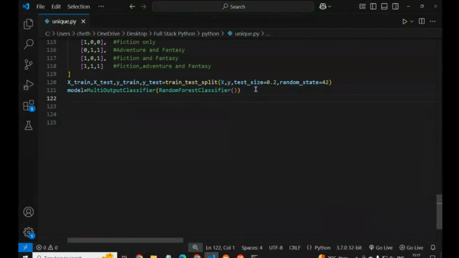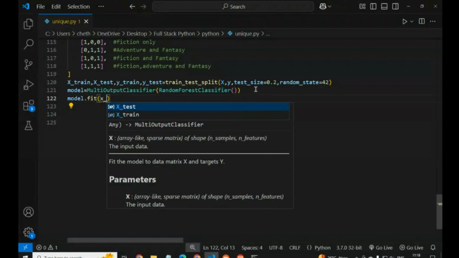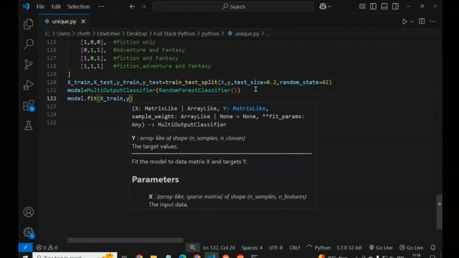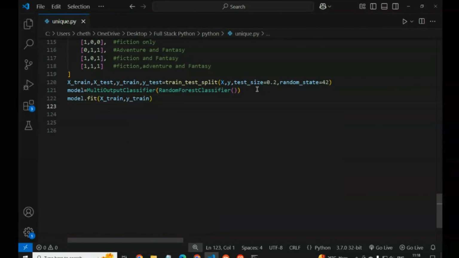Then we have to fit the model. The model is fit on x_train and y_train, like that we have to write.